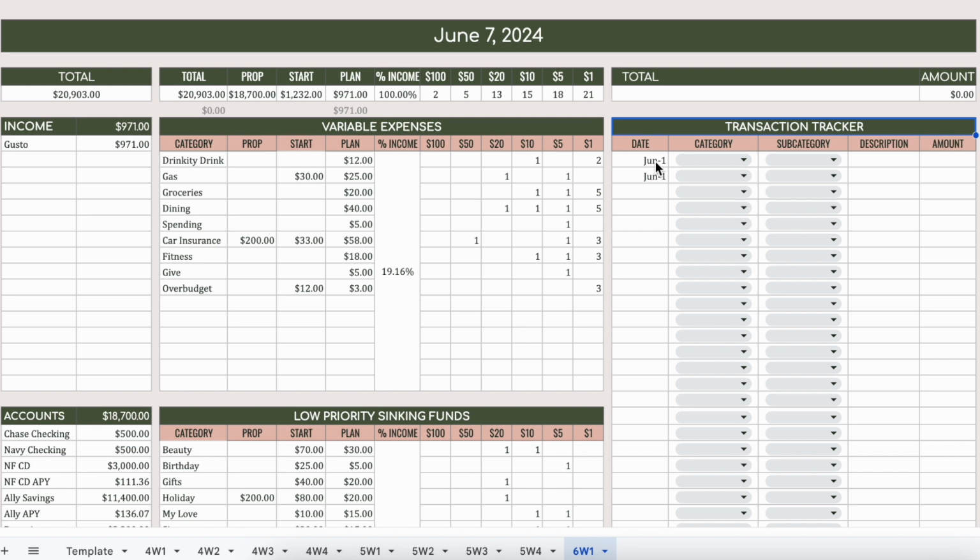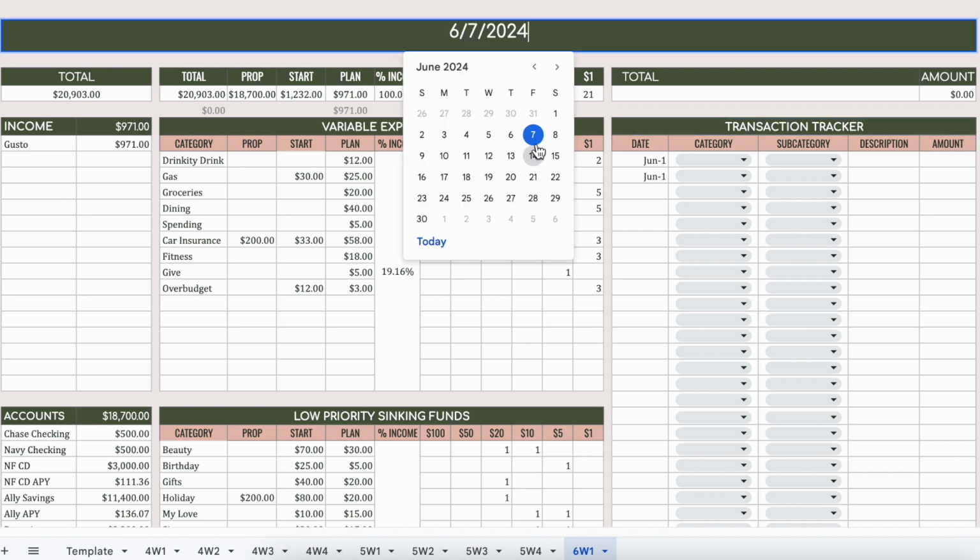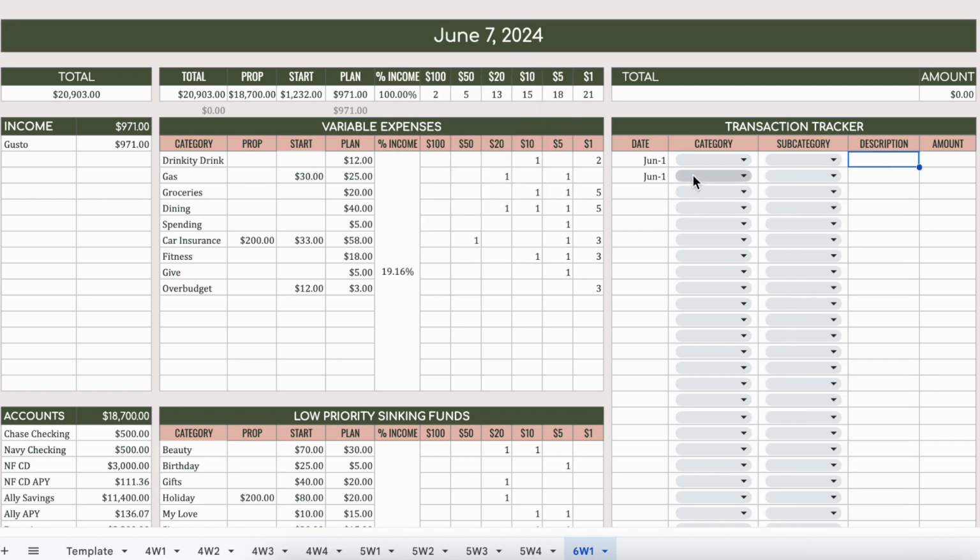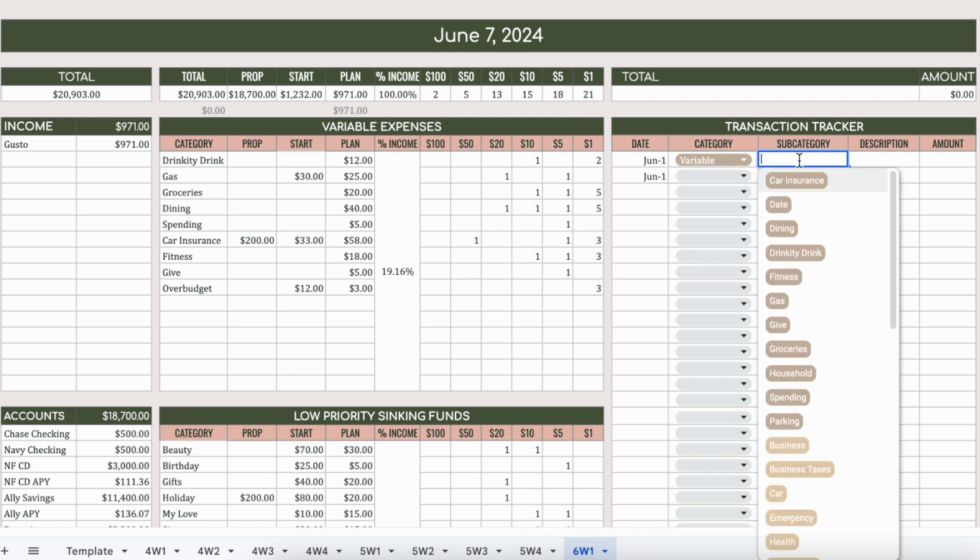I fill this out at the end of next week when I start budgeting for my following week, so that for June 7th onward, any money that I spend from the 7th all the way until the 13th, I'll track here. But for learning purposes, I'll put in a few values I know I've already spent from the previous week. So for instance, I know for my variable expenses, I have spent